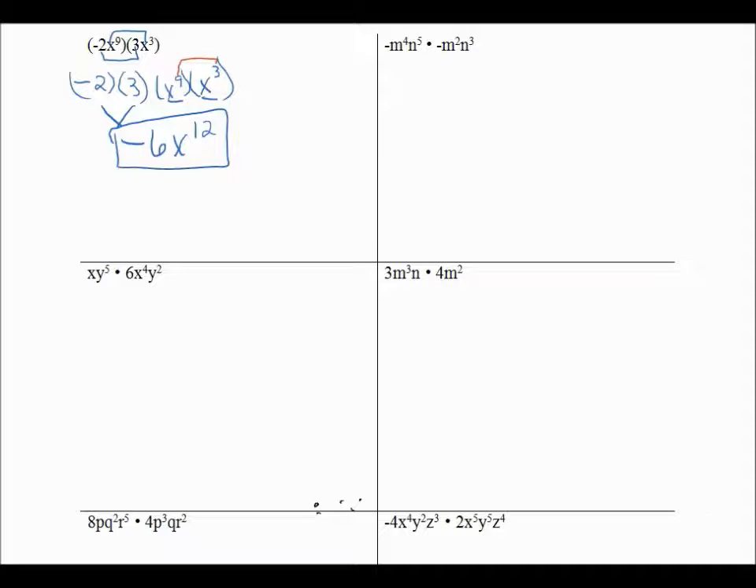Let's go ahead and take a look at that next one. I'll just go straight down and look at the one right underneath. I have xy to the fifth times 6x to the fourth y to the second power. Okay? So now once again, I think what I'll do,